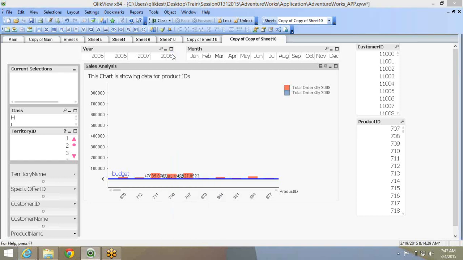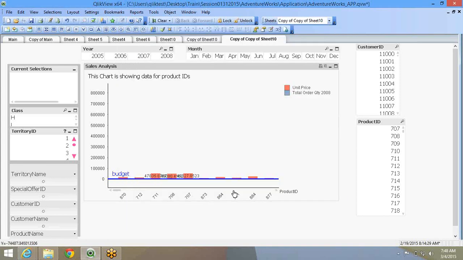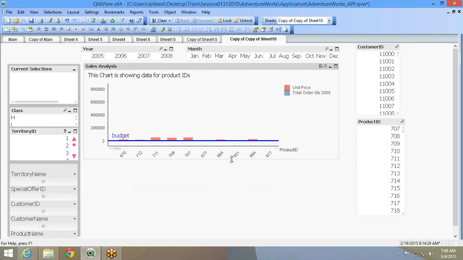The user just wants to see either order quantity or unit price. The user is more interested in either one of them. So the other method to do this is create two charts, one on top, one on bottom, one with the order quantity, one with the unit price.